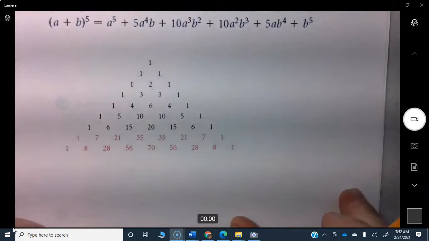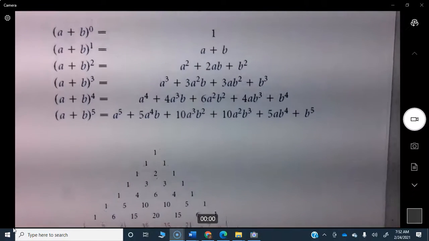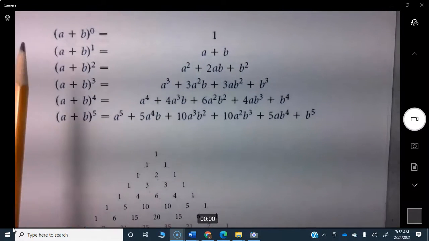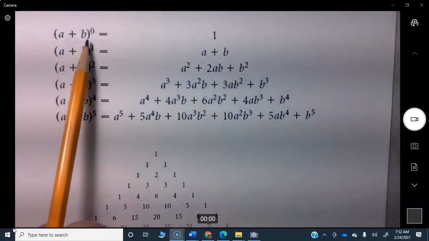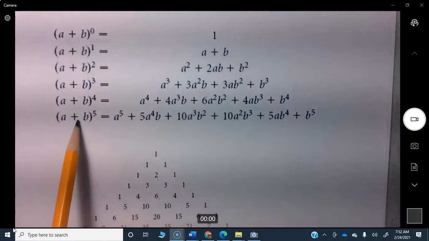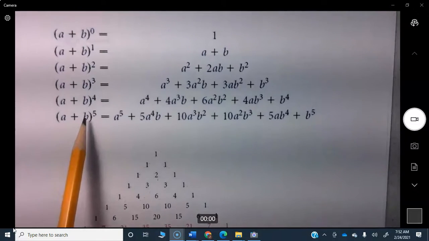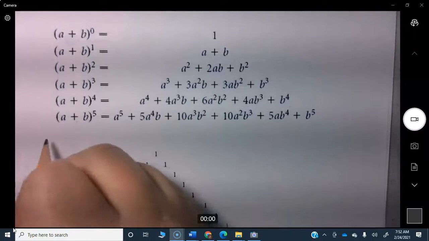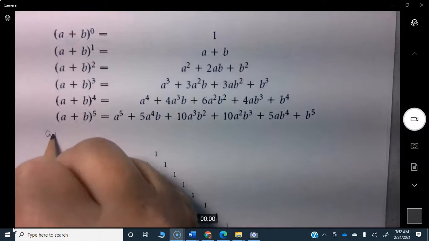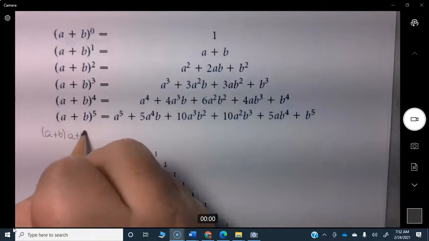This actually has a lot of uses in math, but the one we're going to use it for is, you see up above, if you want to take a binomial and raise it to a power, this would take a lot of work. This is (a plus b) to the 5th, and this is done in the instructional video. What this is, think about that. It's (a plus b) times (a plus b)